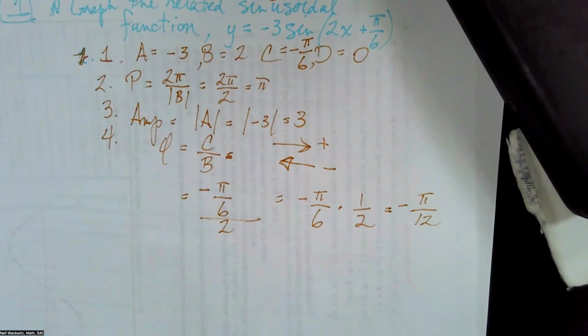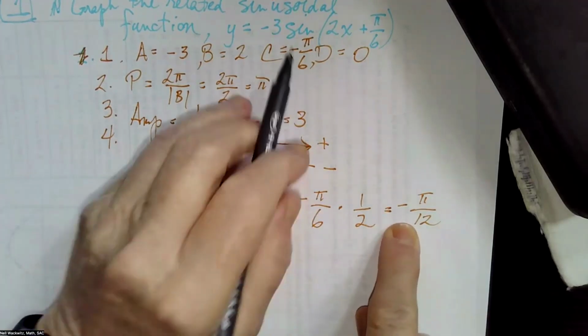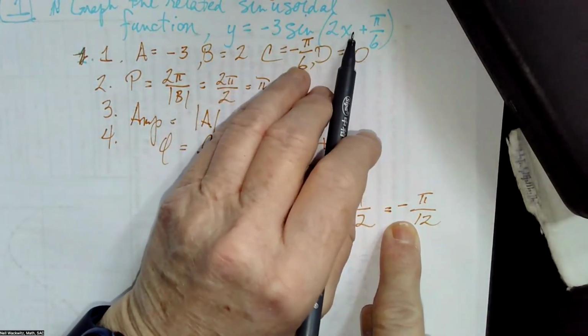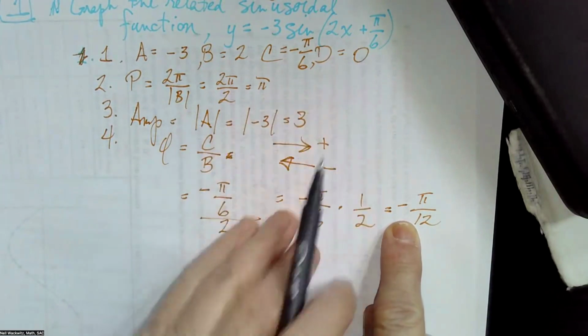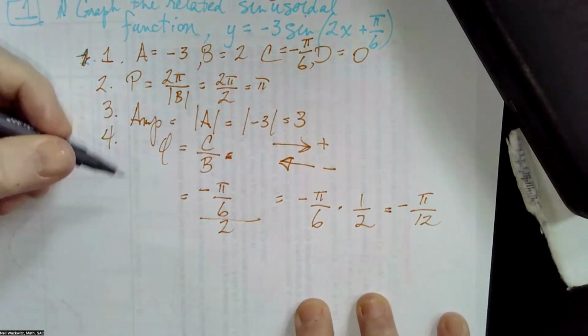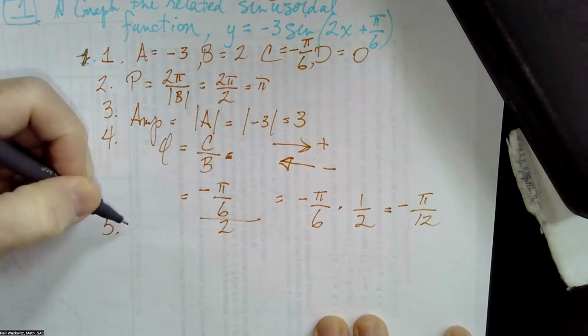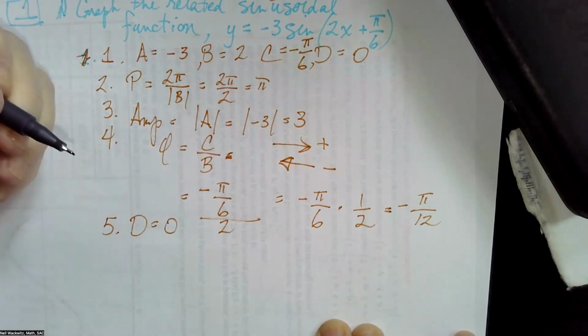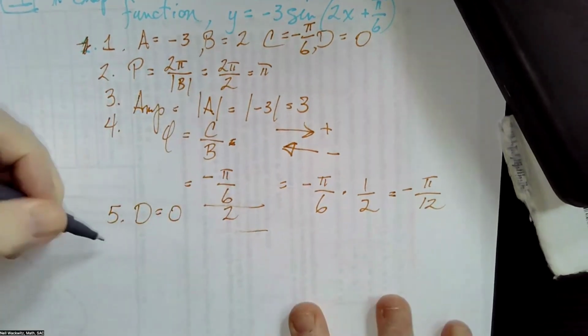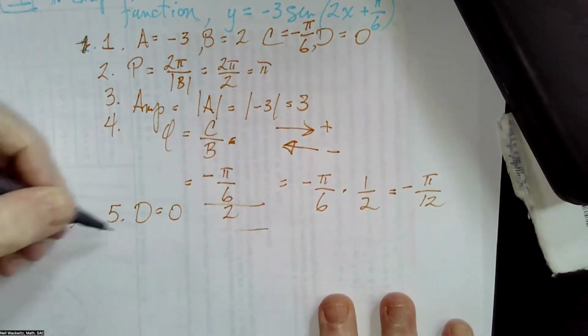What direction will we be going then? Will we be shifting left? That's correct. Because there was a plus in the middle here in the original function, we're going to be shifting to the left. We're just going to say D is 0, so there's no vertical shift. And now let's do the points. So we've got, oh, we didn't do